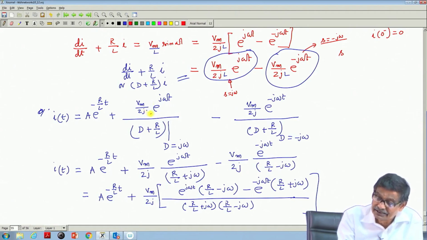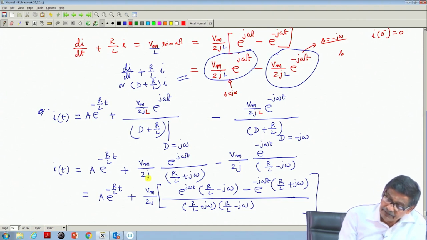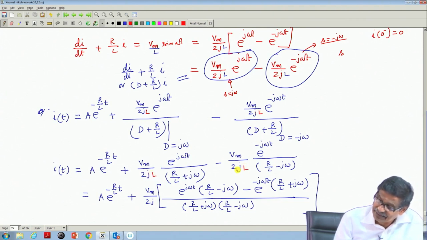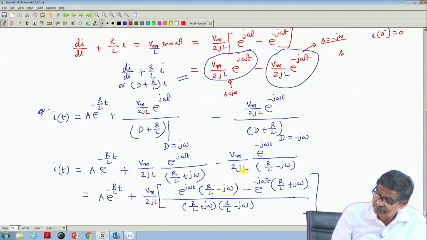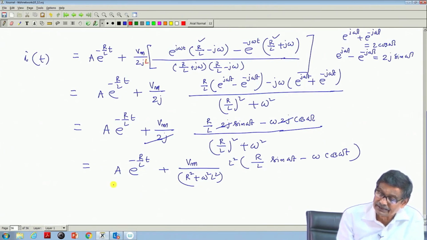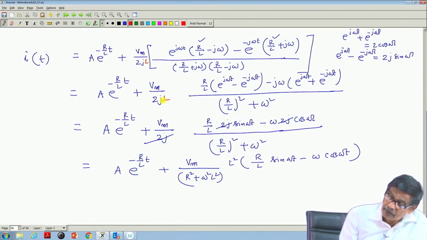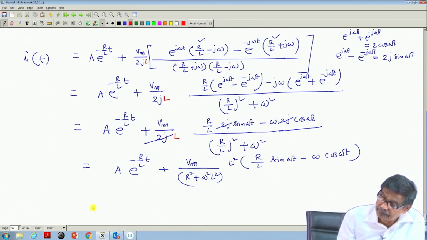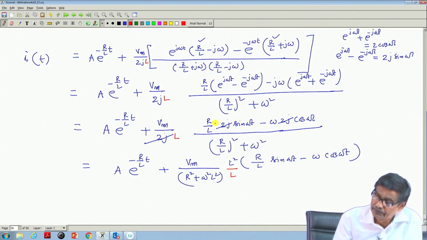Let me put in a different color. This L I missed, because in the excitation it is there, coefficient V m by L. This is also L, this is also L here, clear. Hopefully, I have incorporated L everywhere. So, this one was L, so this was L. Now, this was also L. Now, here was 1 by L square and there was an L here. This L square I pushed it up. So, you have only one